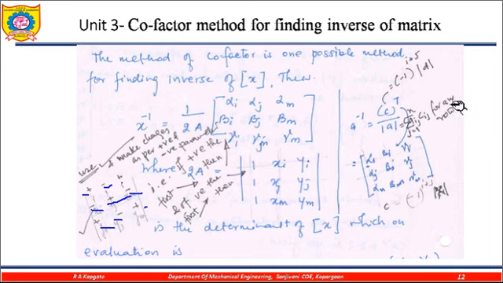So these values I am putting here. Then I need to find out the minor of this one. So finding the minor, that is very easy. If this is my first part, I need to remove these two terms, remove this term. So this multiplication and this multiplication is my minor.